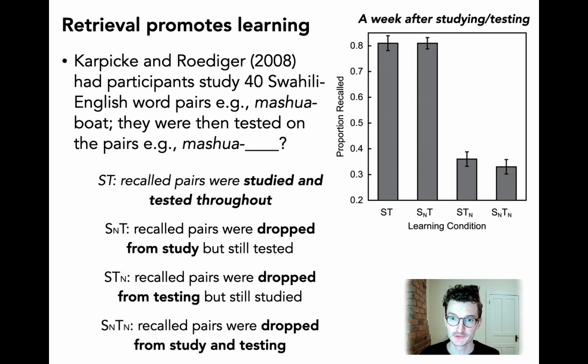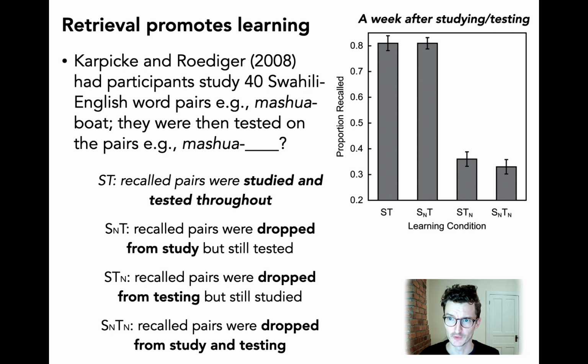So once you think you've learned something, how do you retain that information? Do you repeatedly study it? Do you repeatedly test yourself? Or do you do both? This study suggests that the most efficient way to retain material that you've already learned is to repeatedly test yourself on that material.